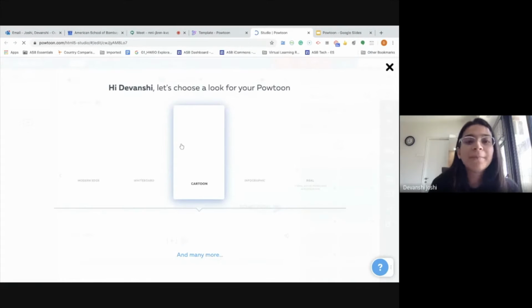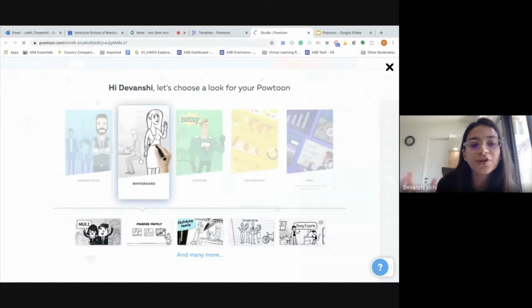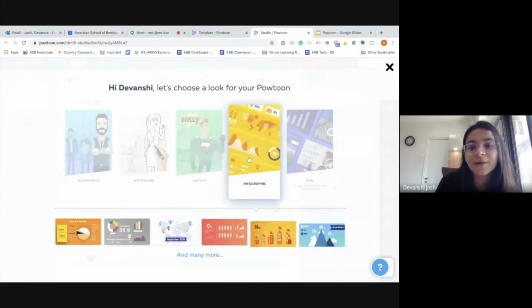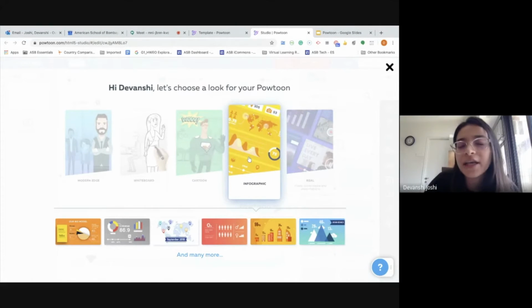When you tap on a blank Powtoon, it again gives you a lot of options. You can select if you want to create a video which has a whiteboard effect, you can create the whiteboard option. There's a cartoon option. If you're looking at creating an infographic, you can create that. Students can use this software. I know a lot of kids already using the software in upper elementary to create their assignments or to document their learning. So you could use the infographic option.